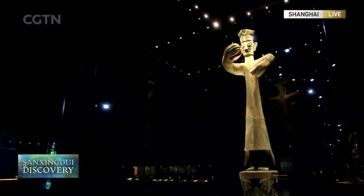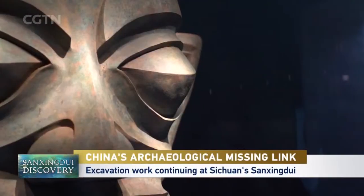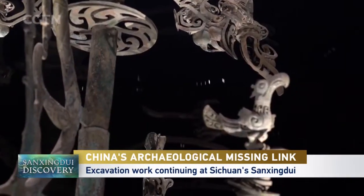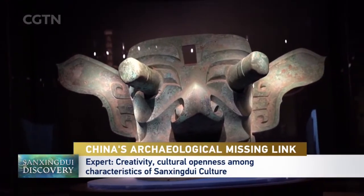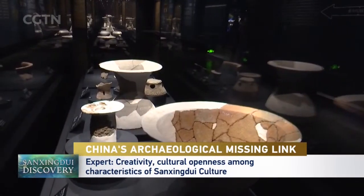It's quite difficult to predict what we can possibly know based on what is already excavated. And as experts would know it better, some aspects of the Sanxingdui site we know, we have accumulated quite a substantial amount of knowledge in the last decades, such as particular ritual objects, including some parts of the architecture, the city walls, and in fact, scholars are slowly coming to terms with